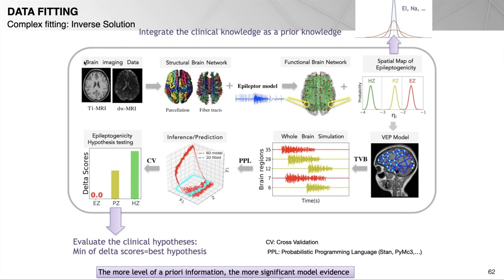So, as we have shown, we first need our MRI data to build the anatomy of our brain, the parcellation, so the structural connectivity network. We have our Epileptor model. Here, based on some timescale separations, we can reduce this 5-dimensional model to only two equations, which reduces the complexity of the inference.